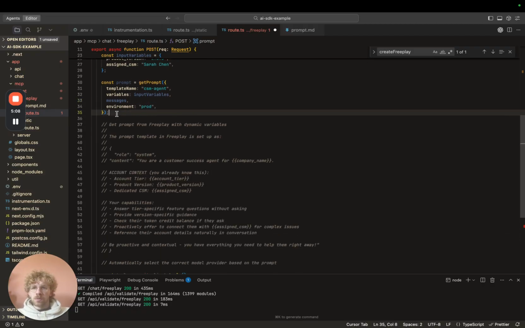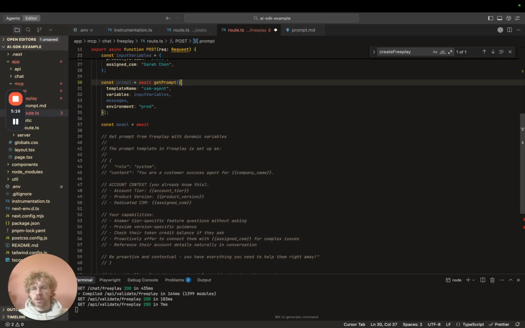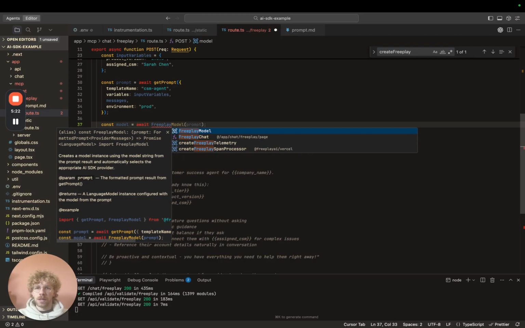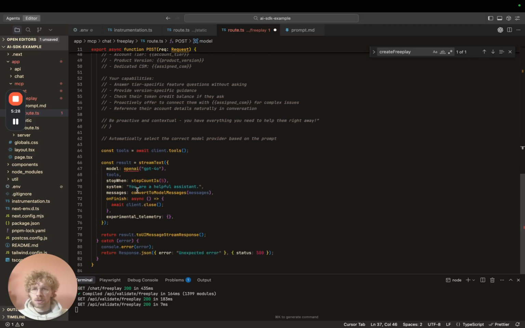Next up, we're going to see the next piece here, which is the model. Freeplay also lets you handle the model within Freeplay so that you can test different models and deploy them without changing a single line of code. So if we go through and add Freeplay model, and we'll pass through the prompt that we just fetched, and then we go down here, you can see how some of this starts to change. For the model here, we can just simplify that code and pass it directly to the model from Freeplay. And then for system, the prompt, we can pass prompt.system content. This makes sure we just get the system content directly from the prompt,